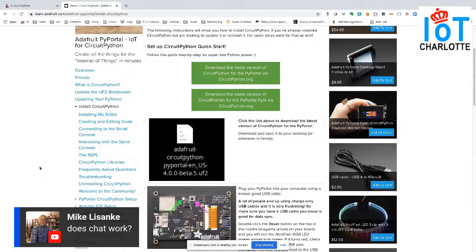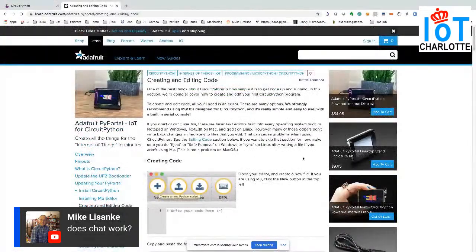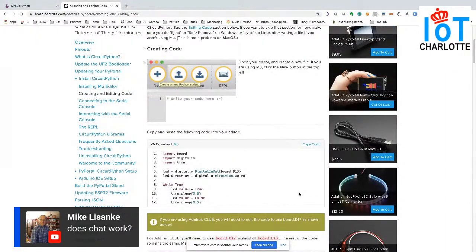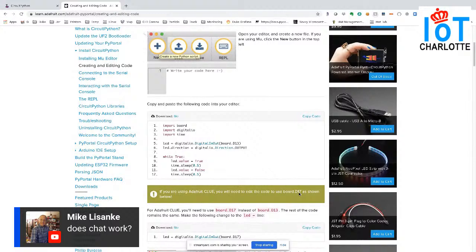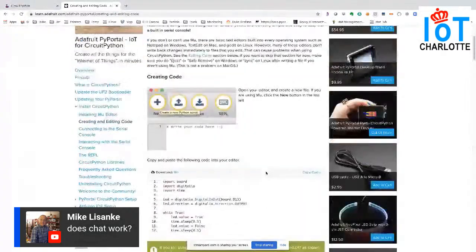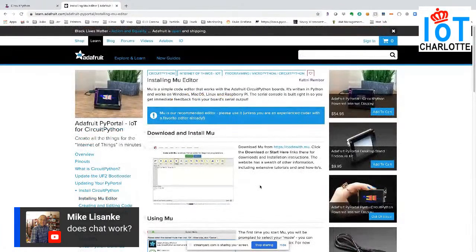CircuitPython is used best when you can connect it and it allows the device to act as a USB drive, and then you can use that to directly edit the code on the device. So let me see if I can connect. So typically you would use something called Mu, which is a